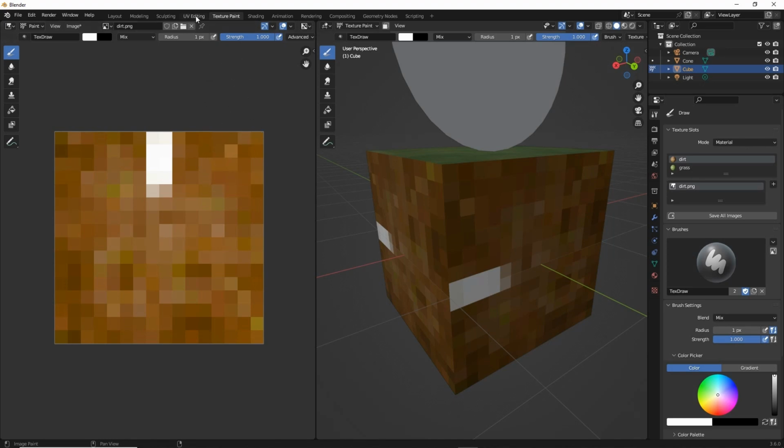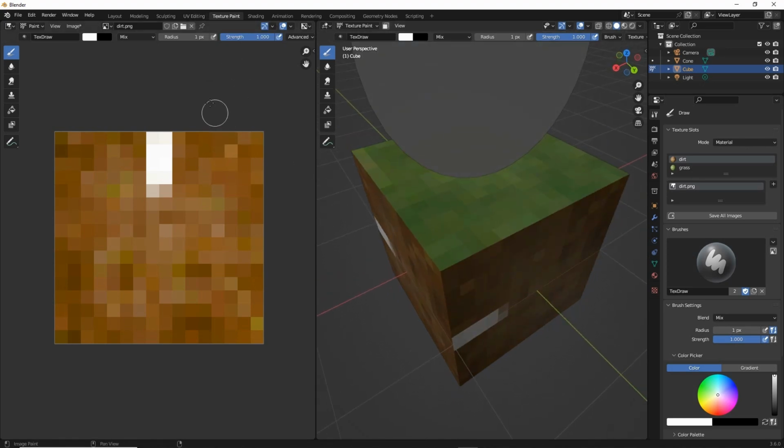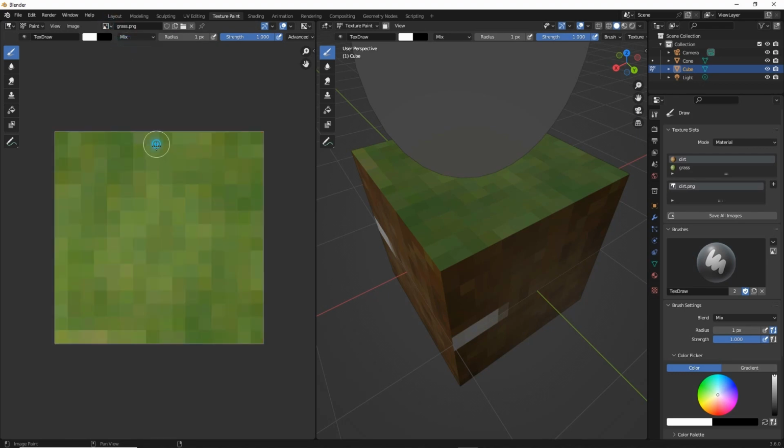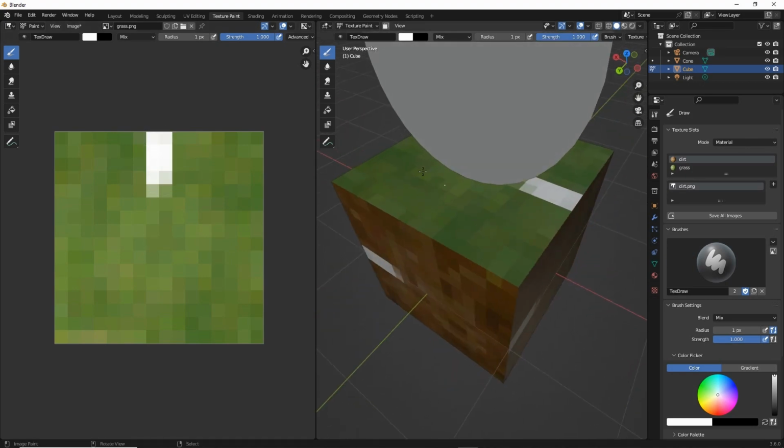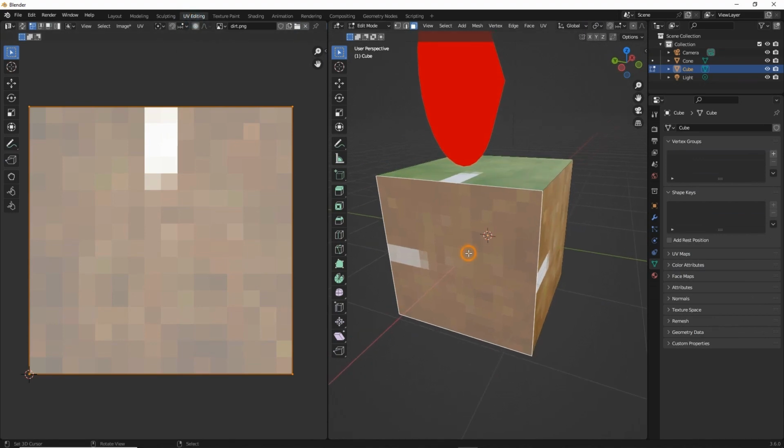So now that we've done that little tweak, we can do the same thing to the grass texture. So we use the Browse Image to be Linked button. Do the same thing so that we can see which way around the grass is. Oh, it's that way around. So now that we've got those two in place, go back to the UV Editing Workspace, select our UVs,